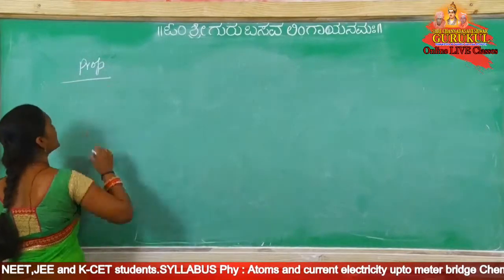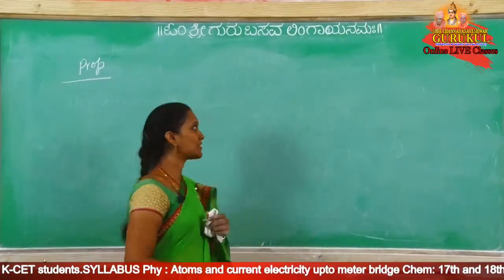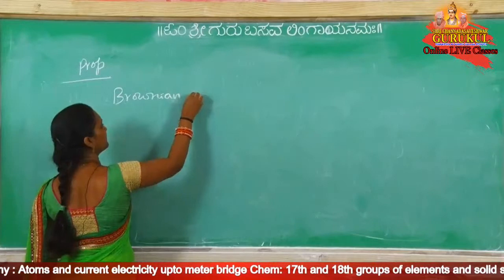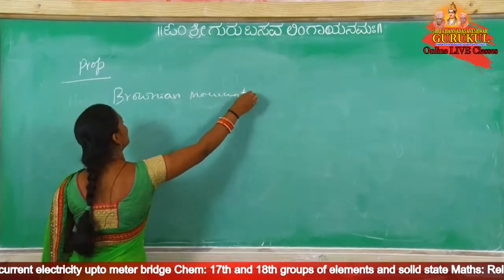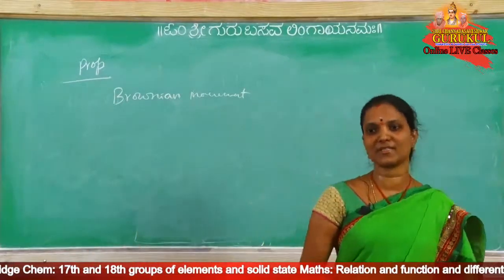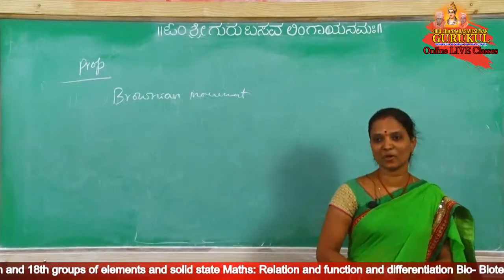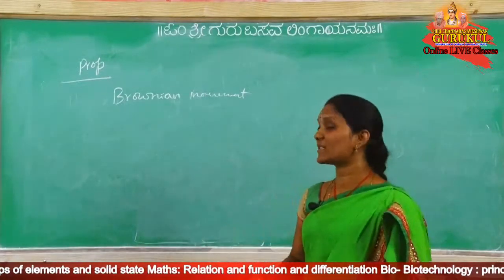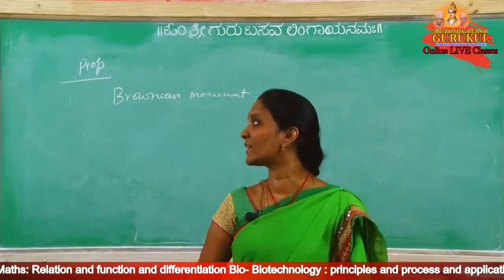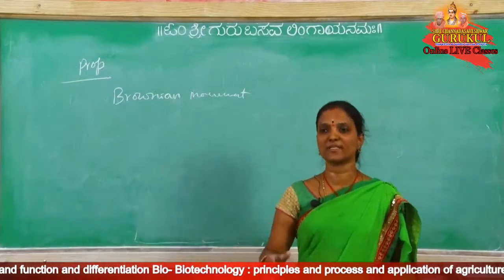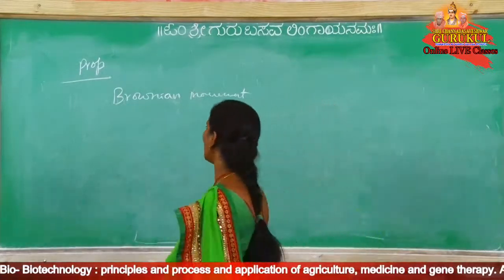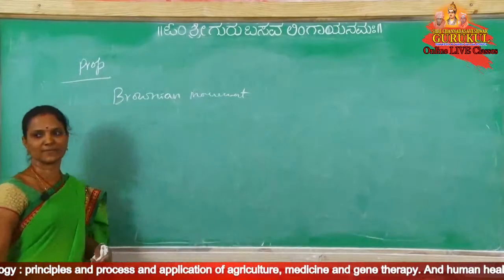So properties of colloidal solutions. What are the important properties? The first one is Brownian movement. Brownian movement, Tyndall effect, electrophoresis, cataphoresis, anaphoresis and electroosmosis. These are the different properties. And colloidal solutions also show colligative properties. What is the change in colligative properties of colloidal solutions? So the first one is Brownian movement. What is this Brownian movement? Based on these two important questions, we can expect